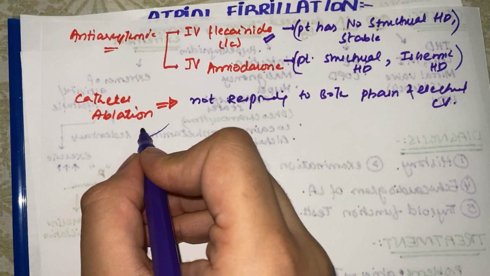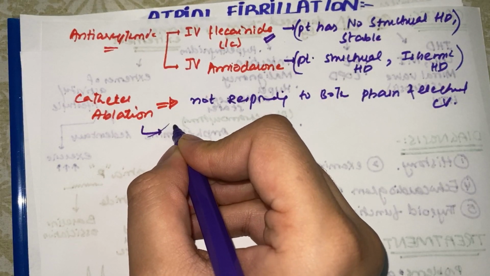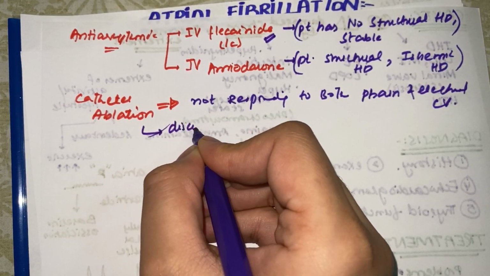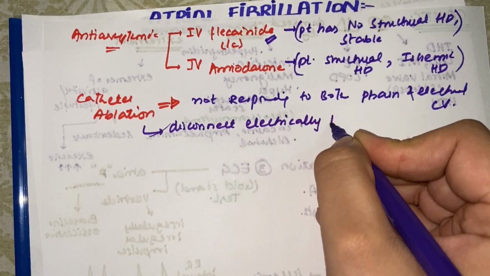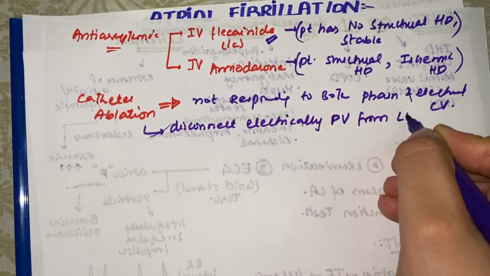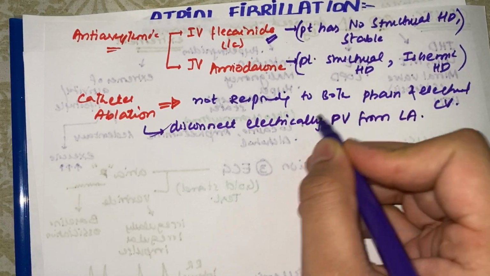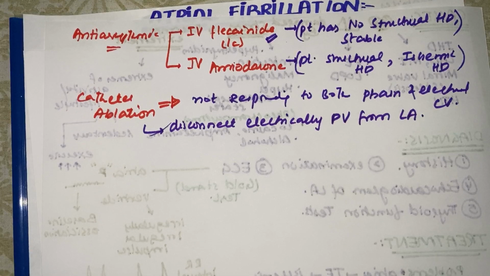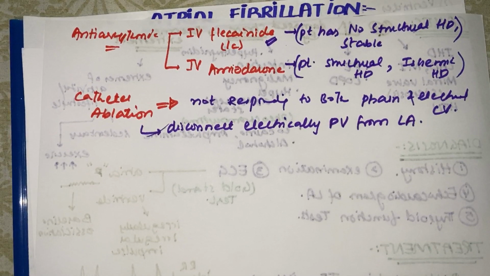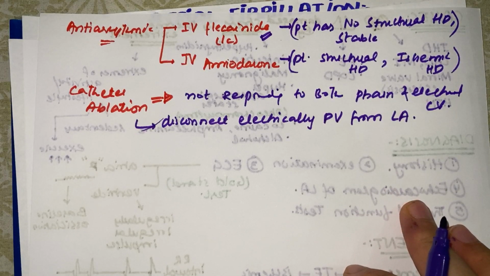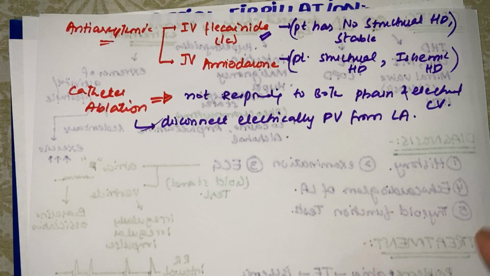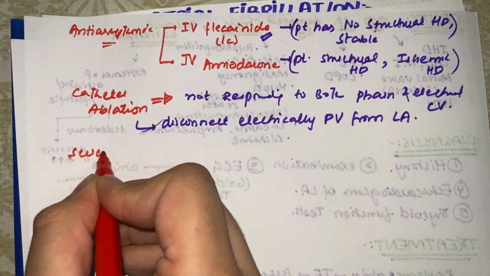Fine. So what we do is electrically disconnect the pulmonary veins from the left atrium. Why pulmonary veins? Because the muscle tissue around them is the main, most common, and first site where ectopic foci develop. Fine. Catheter ablation is performed, and at last, when all the strategies fail